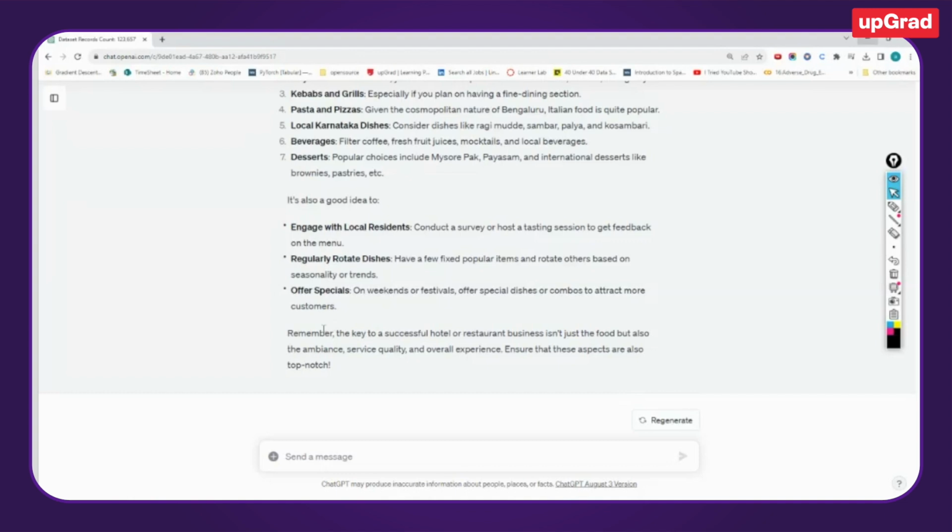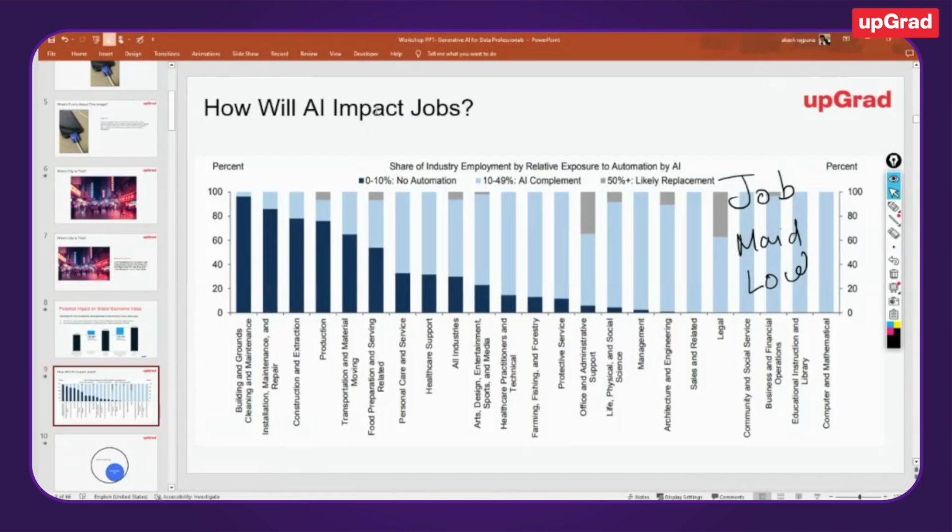Before ChatGPT, when we were talking about generative AI, we generally used to say that the low ranked jobs would be gone, but the creative jobs would be super awesome and would be there throughout. Yes, this was the thing. Right now the scenario is that major jobs would be gone for creative heads, like creating the data, creating the code, creating the images. So this is how AI would impact jobs. If you pay attention here,